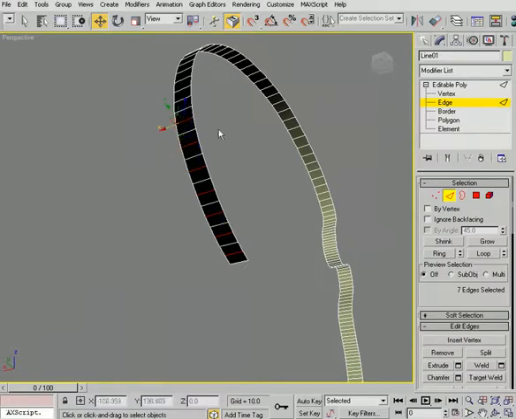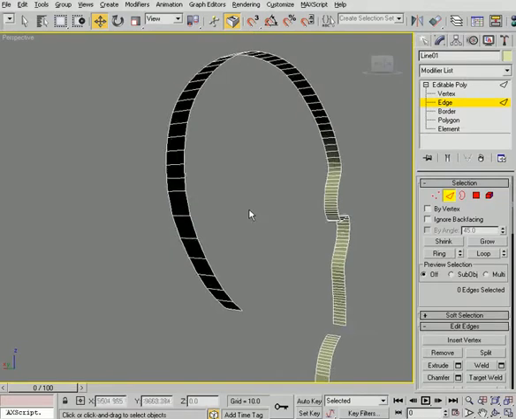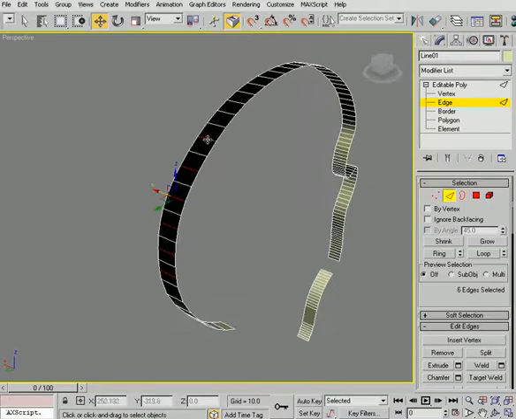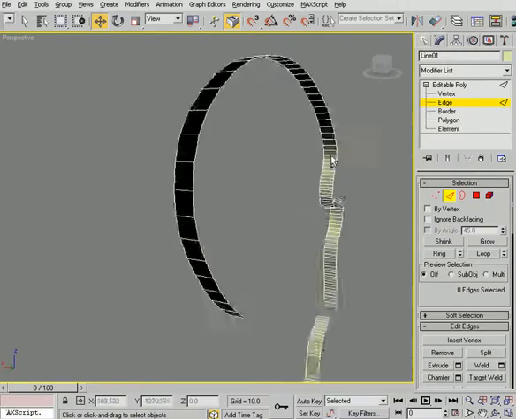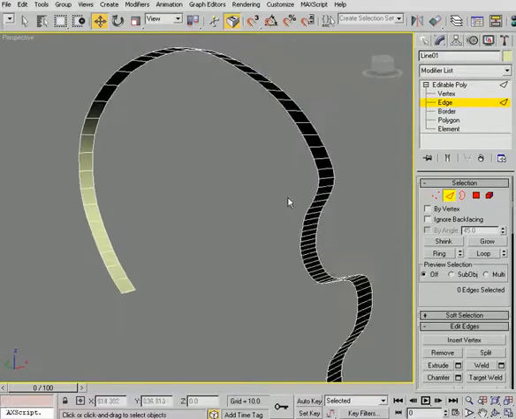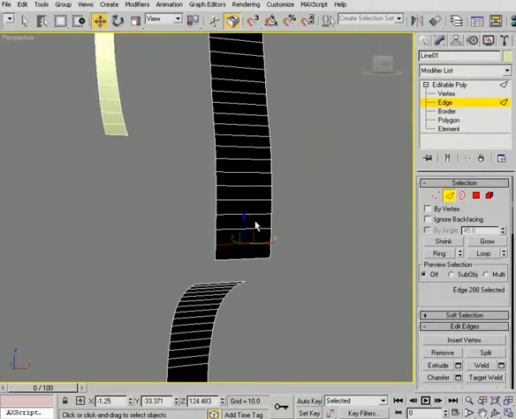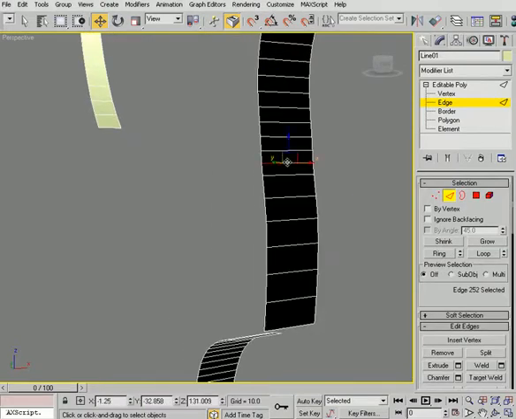Okay, and if you hold down control backspace, you can delete those edges as well as any vertices that are associated with them. So you can come in, and any of these areas that we may not need all this resolution, you can come in and clean that up a little bit. Places like in here, you want to keep a little bit of resolution, but you probably don't need all of this, and we can always add more later. So you can come in and start to just delete some of that resolution and just clean things up a